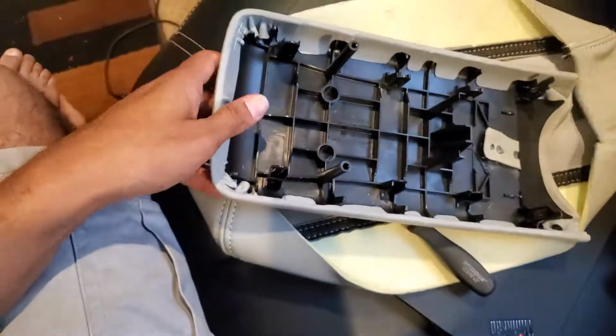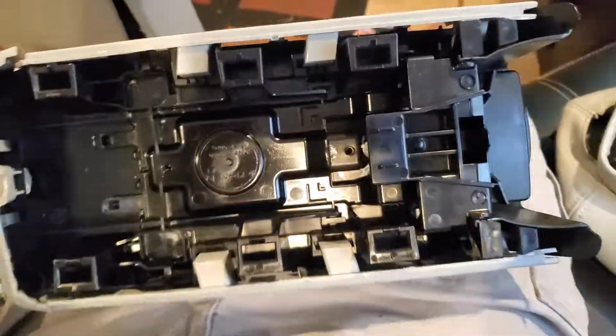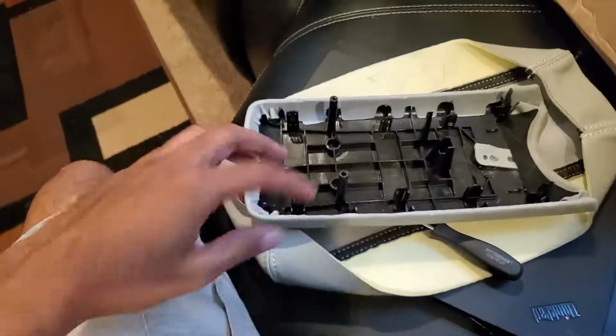And it's basically what I did, and it came open. It's pretty useful. It's actually like doing well. So the console looks perfect, and now I'm just going to change the leather in there. Just fold over this